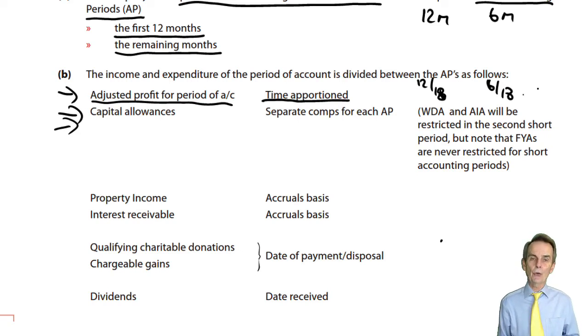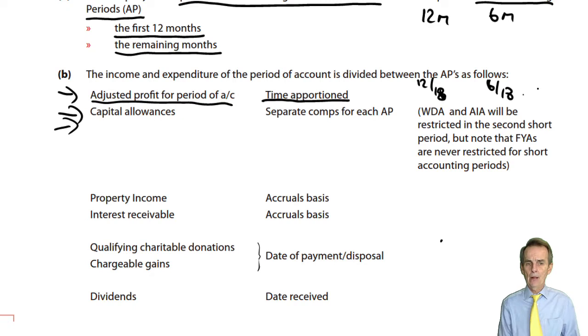It's deemed to have accrued evenly over that 18-month period. 12 eighteenths, 6 eighteenths. We don't try to separately work out what profit was actually made in the first 12 months, what was actually made then in the next 6 months. If you wanted to do that, then you would have prepared two separate sets of accounts. You'd have gone with a 12-month period, using your normal accounting year-end date until that point in time, and then moved to your new accounting date by preparing a short period of account, one for 6 months, a 6-month statement